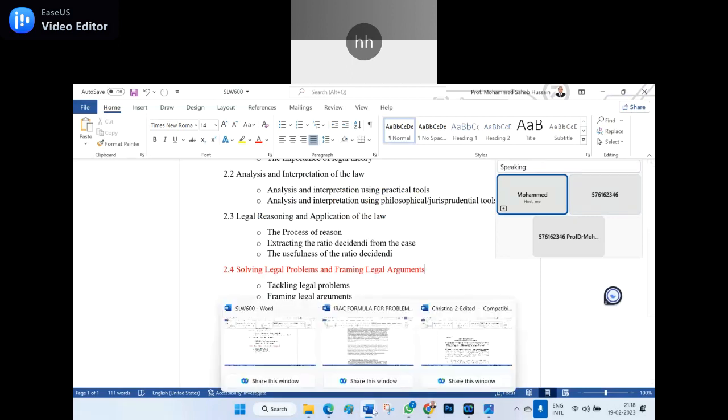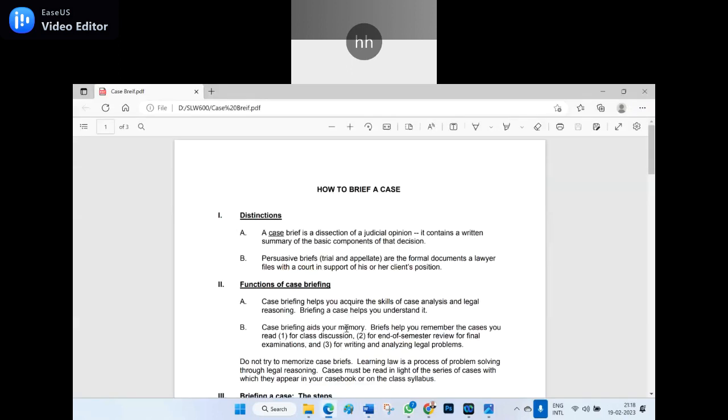In one word, in other words, we can say it's case briefing. It is nothing but a case briefing, which I put over here, and I'm sure that you could see it. How to brief a case, that is called case briefing. When you say case briefing, it's nothing but the outline of the case, giving only a bird's eye view. But in case briefing, there are certain norms to be followed, and you will follow them and make the case briefing.